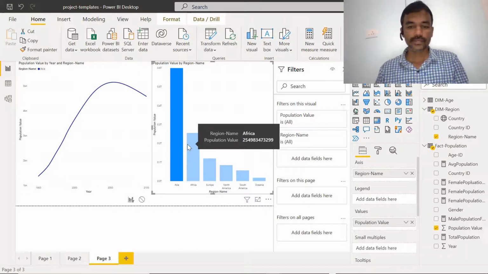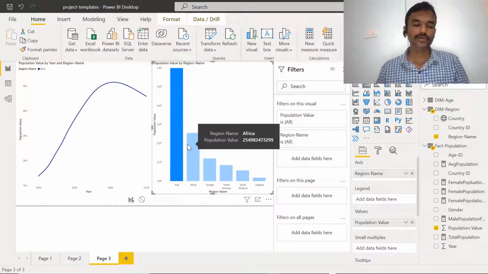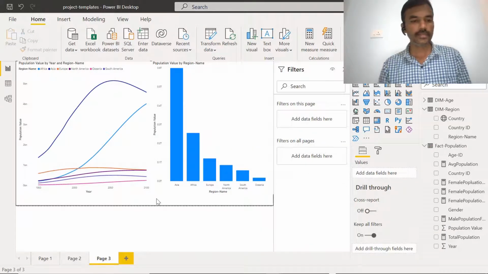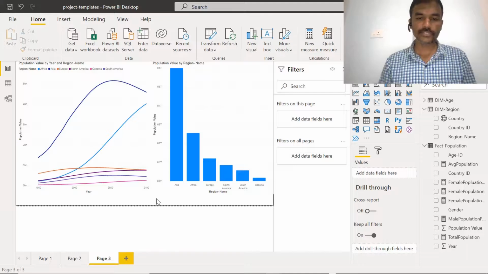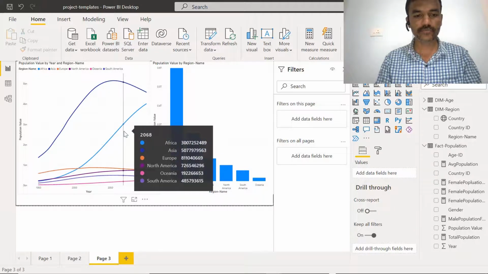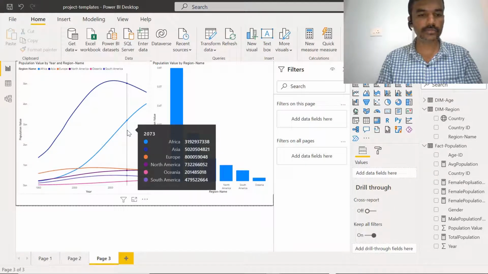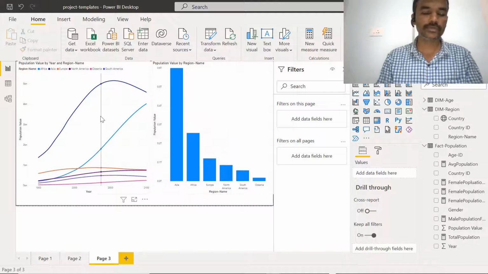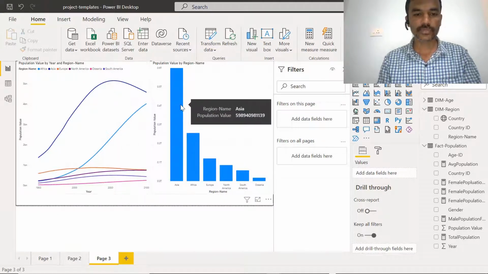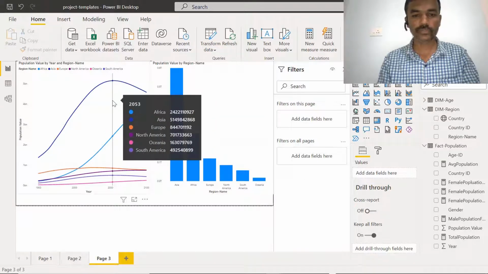This is the way we can create our first chart, and we can have some other things which are there, and that we will see. Now the next thing we are going to see is about the tooltips and interactions. Basically, whenever we create any charts, there are tooltips, which are nothing but, if you mouse over on it, it shows some of the information like this. So these are the tooltips, and interaction is about how the charts interact with each other. That is something we are going to see here.